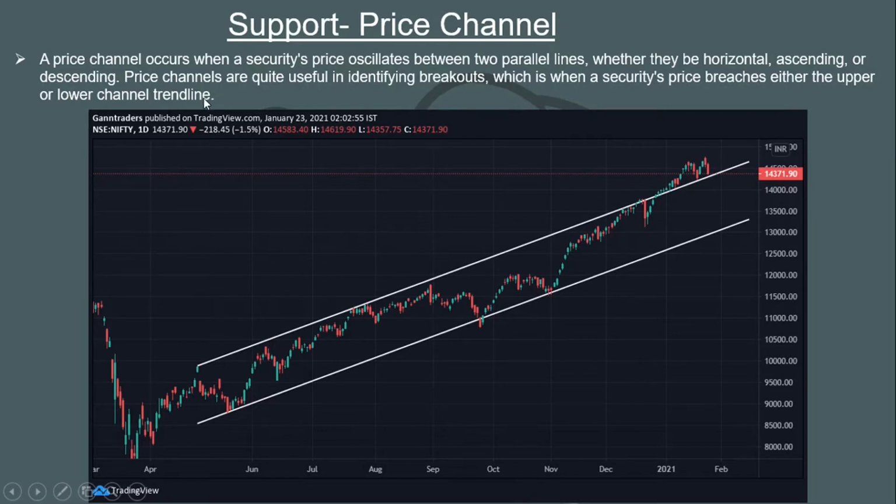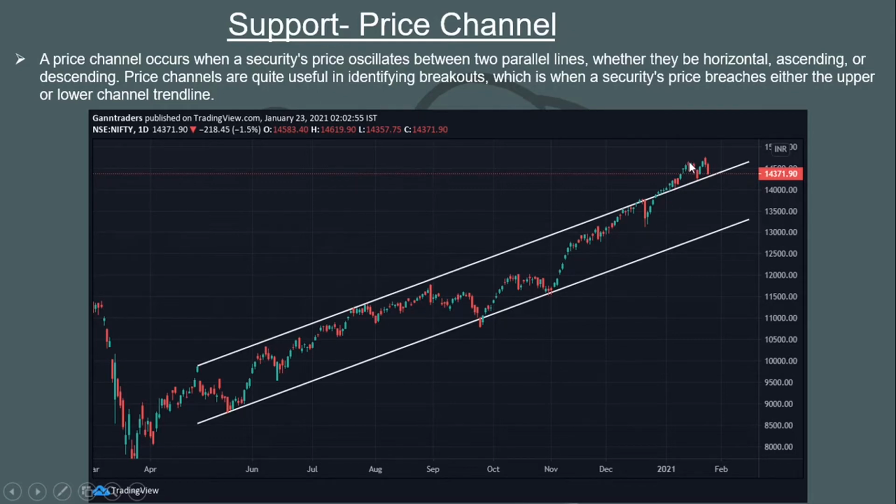So a channel is also a trend line, but we are using two parallel lines together to identify whether the price is falling within the two parallel lines or not. This is a very recent chart of Nifty, and this is a daily chart. This is the current market move. I drew the price channel, and in December it broke the upper channel and the Nifty went up,